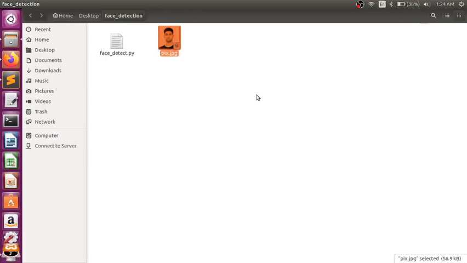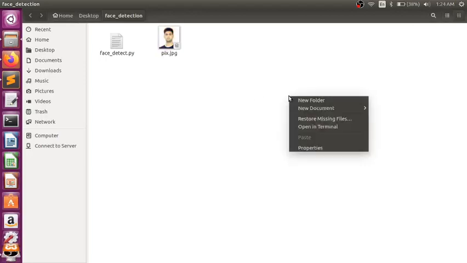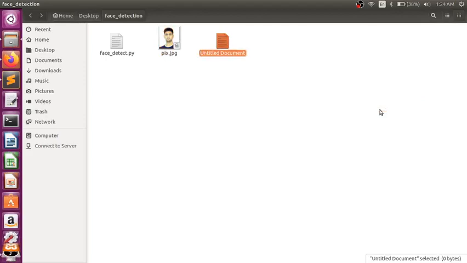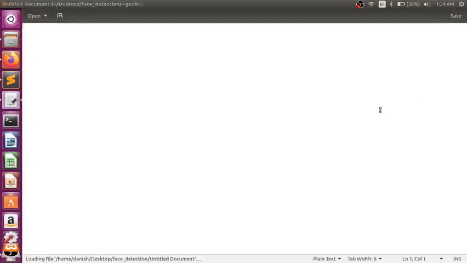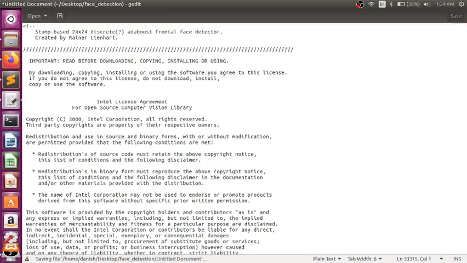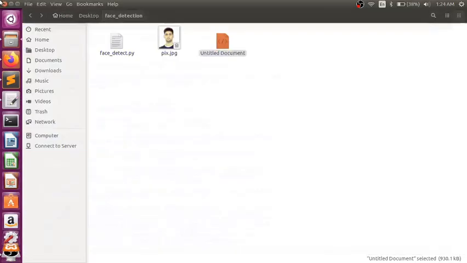and select all and then copy. Go to the folder where you have saved the Python file, create a new document, open the document and paste all that you copied from the GitHub repository, and save that. Now close that.